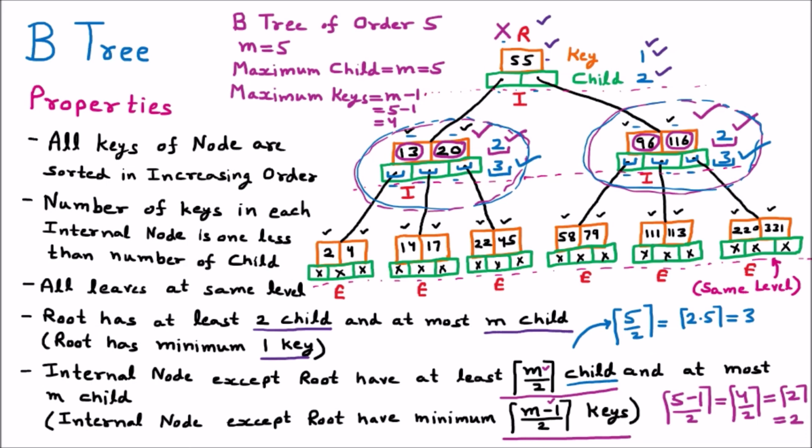So these are the properties that a B tree has to follow. Then the tree can be called a B tree. With the help of these properties, the B tree maintains its height. That is why, talking about time complexity, for searching, inserting or deleting, the B tree has a time complexity of big O log n. So it searches in minimum time. That's why the B tree is very much used, and it is a height balanced tree. So that is all about the B tree.